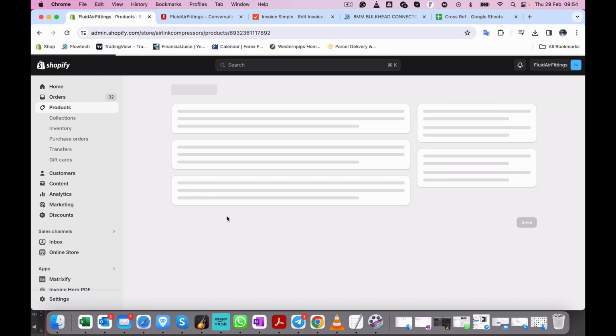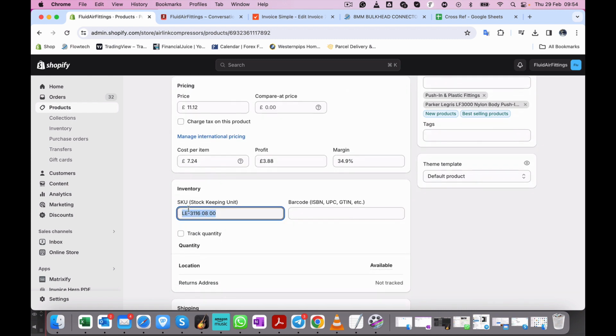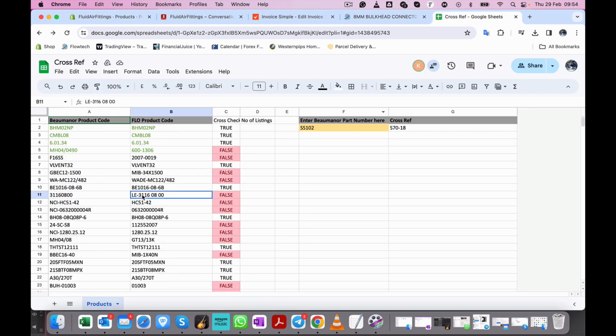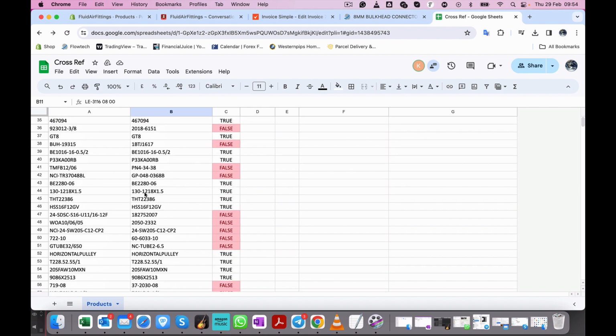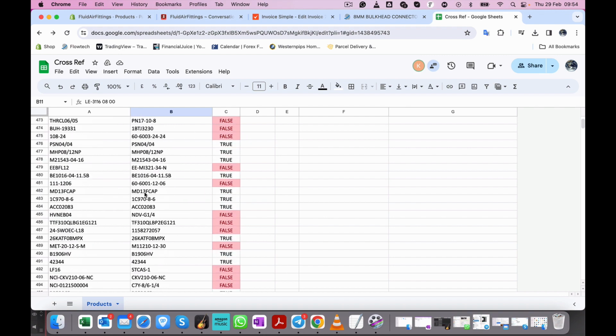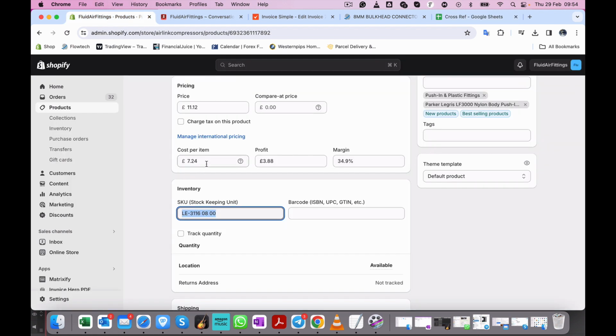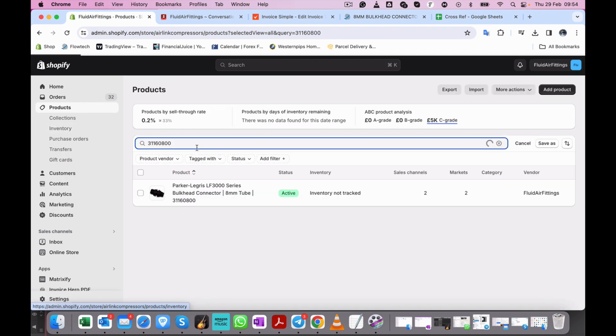That one there. Okay. If you look at the SKU code, this one has already been changed. So that one there has been done. Let me do one that's probably not been done. Some of these have already been done. If they've been done, then just change it to green. I'll just check this for argument's sake. Change this in there. So,